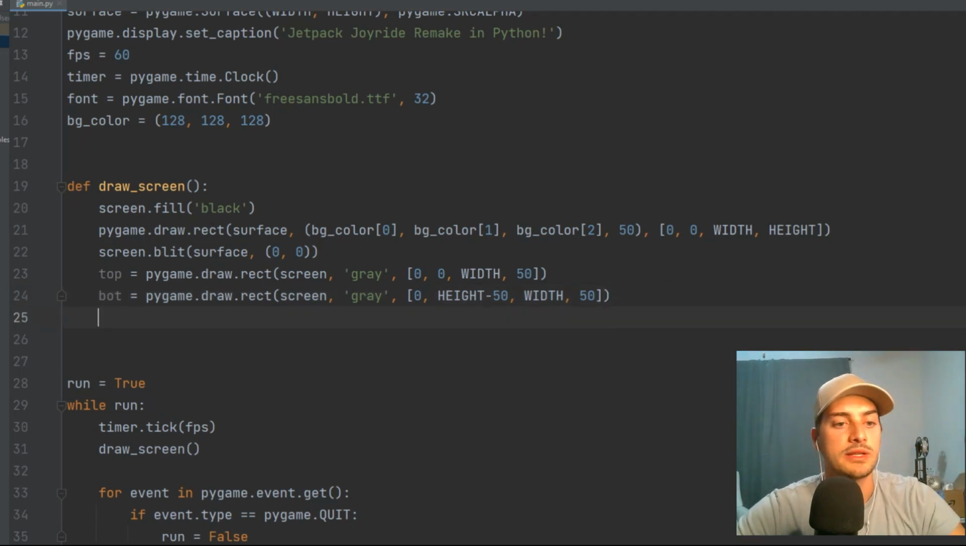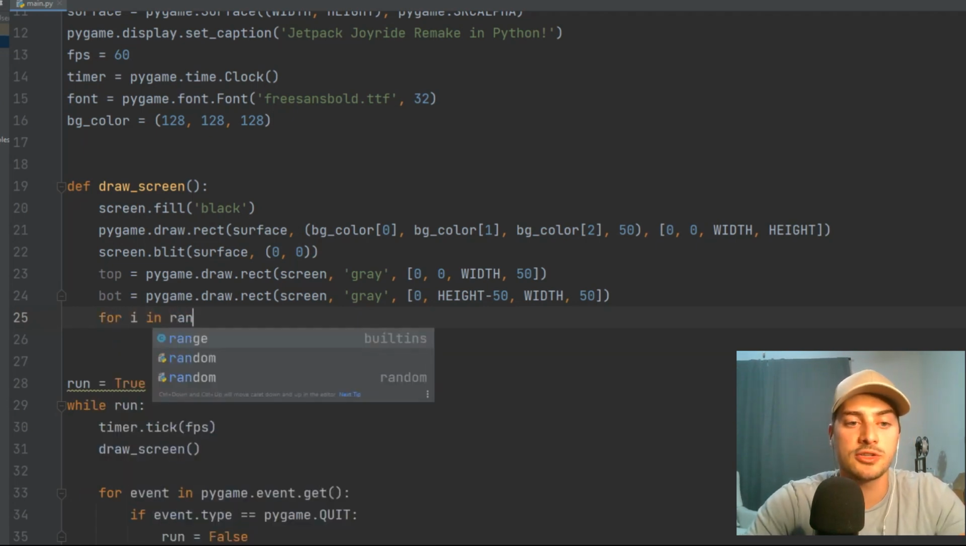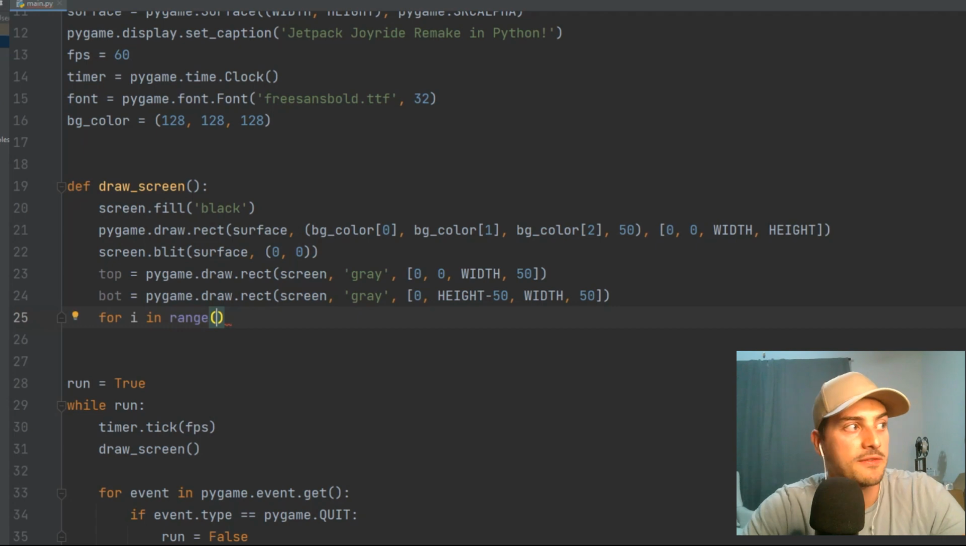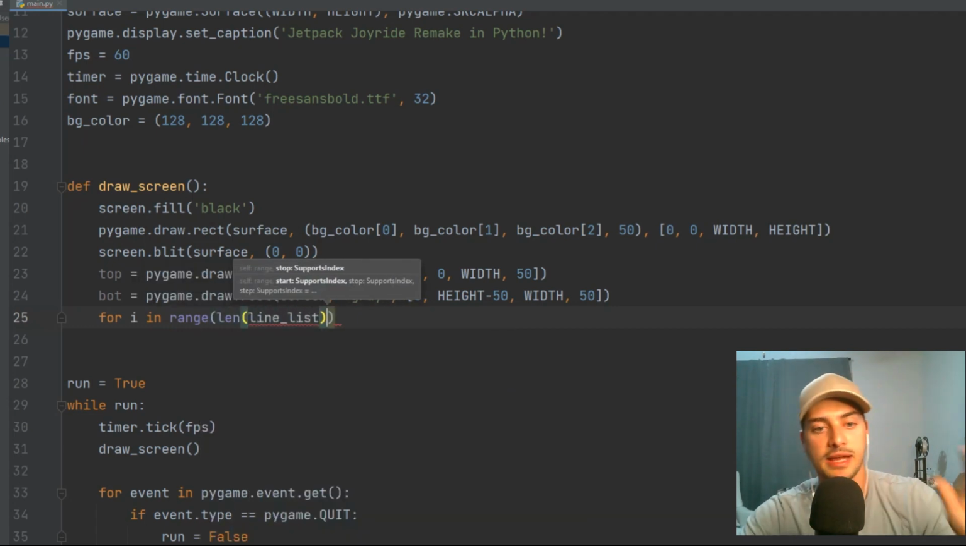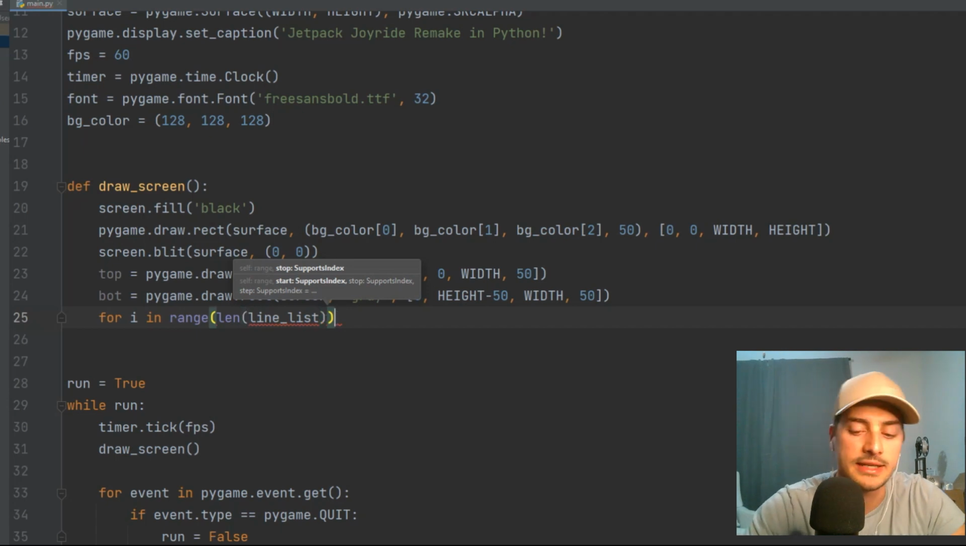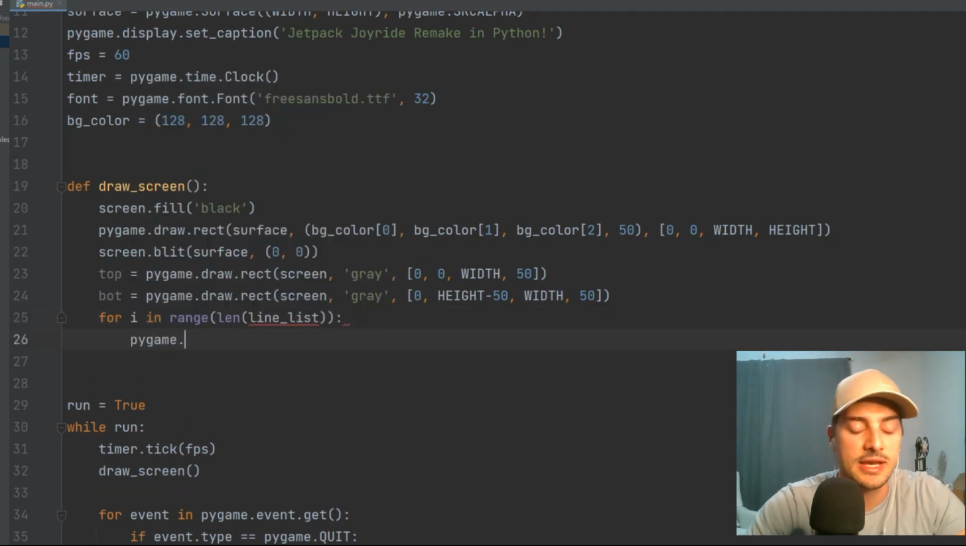And then what we want to do is we need to create some lines that are going to slide from the right to the left. So we're going to have some line list, and we're going to draw them all on the screen. So we'll say for i in range the length of this line list. And I'm kind of waving my hand at the name line list for a second. We'll make that in just a second. But let's go ahead and say we're going to